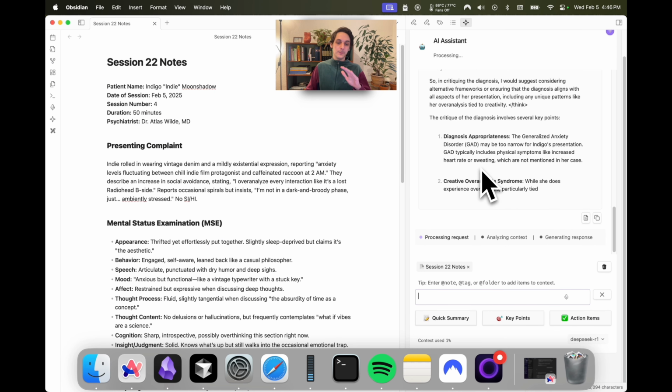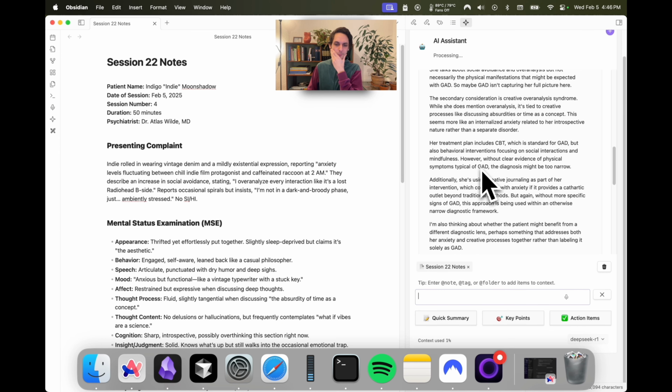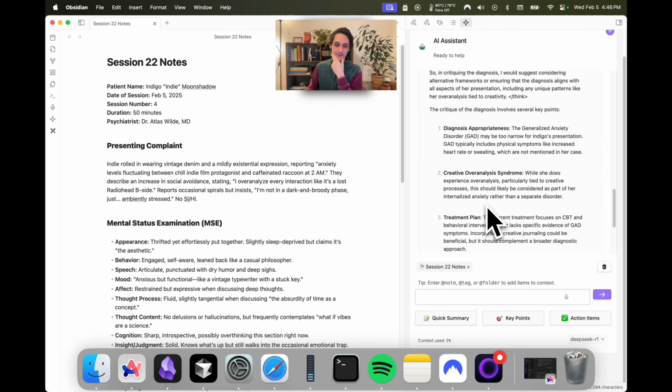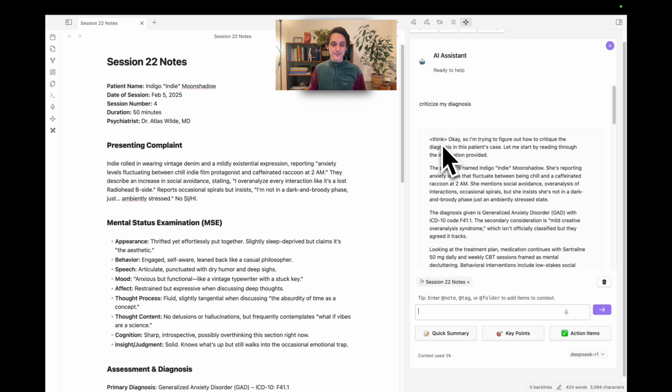And for me, the biggest use case for this is to see, okay, maybe they didn't approach it the way that I wanted. So oftentimes I can ask it to approach it using another perspective. And this part here where you see the think is basically a window into the thinking process of the AI.